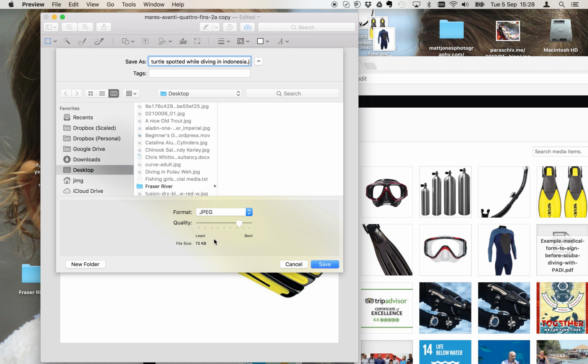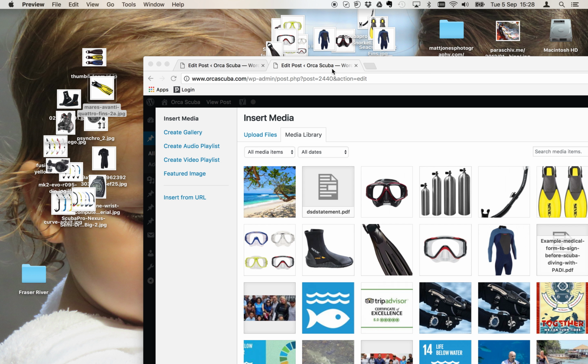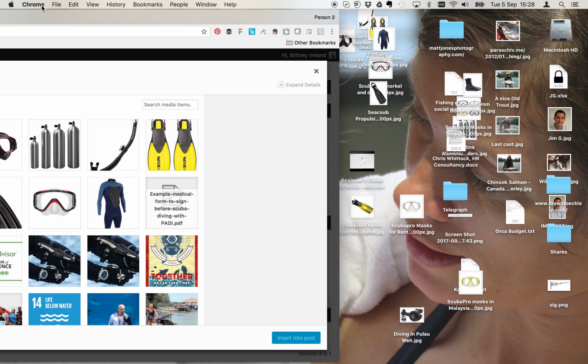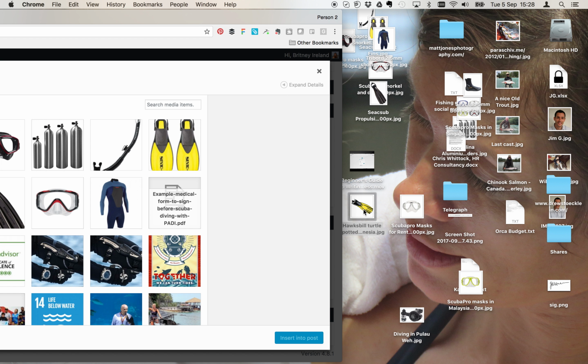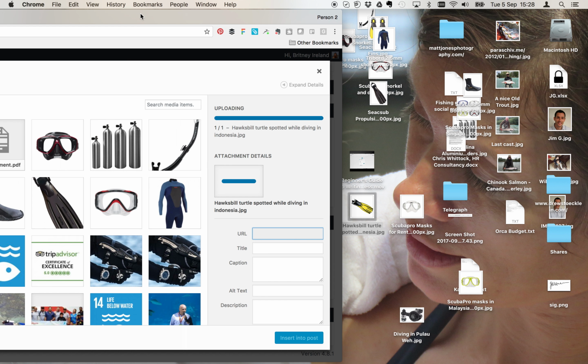I can actually adjust the size here, so it's gone down to 72 kilobytes. I can bring it up, I can make it even smaller. Generally speaking, somewhere around 100 kilobytes I think is fine. So if I save that and close it, it should have saved onto my desktop. Here it is, hawksbill turtle. I'm going to drag that onto my media library,